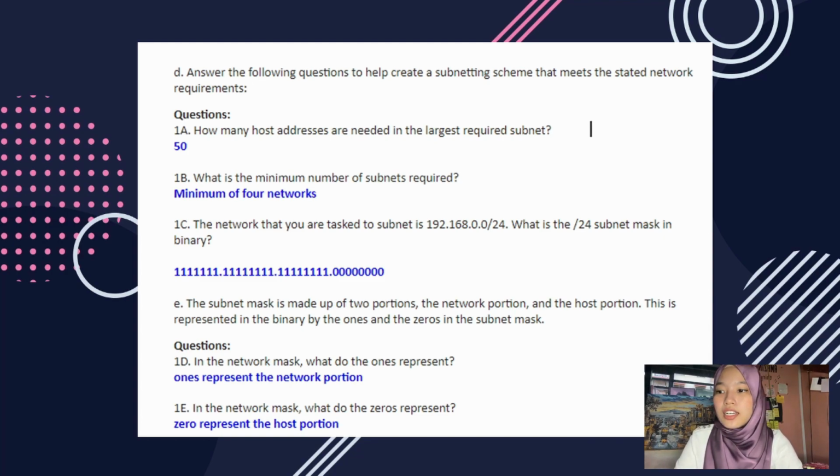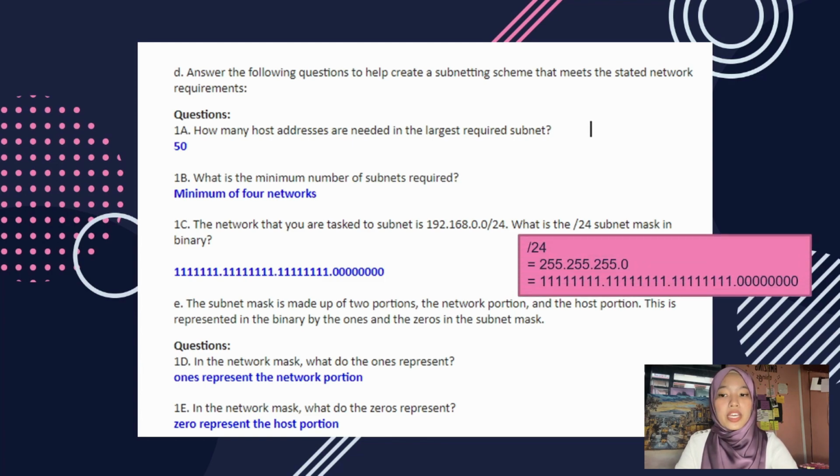The next question, the network that you are tasked to subnet is 192.168.0.0/24. What is the /24 subnet mask in binary? So it is prefix /24. And as we know, the subnet mask will be 255.255.255.0. And we need to convert to binary, so 255 will be 11111111, and another 255,